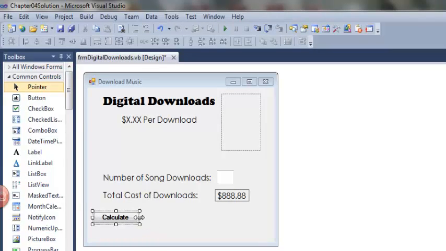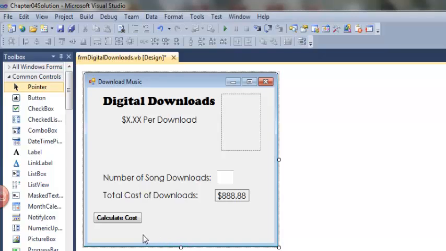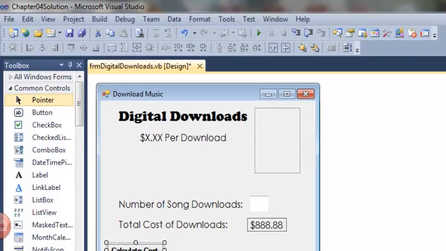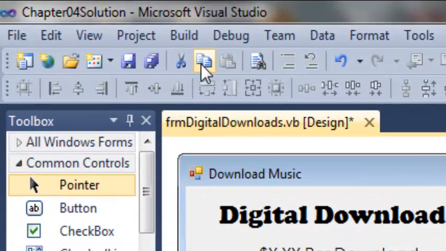Once again, our button is not large enough to display our entire text. So I'll resize it again. Now, I did all of that with one button because I want the other buttons to be the same size. Now, I could resize the buttons once all 3 of them are set, but I'm going to use this button to make a copy,